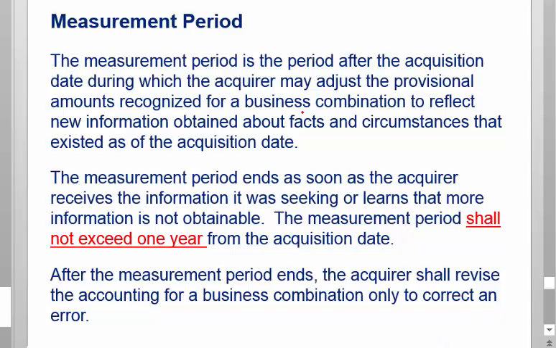The key is that you're adjusting the facts that existed as of the balance sheet date. So if something new happens, then that doesn't necessarily go through Goodwill. Right? Like if you bought a target and it had a building and it was worth 100 and you booked 100 on the opening balance sheet, if after the acquisition it burns down, you don't write it off through Goodwill because it burned down after you bought it. But if the building had burned down and no one told you before the acquisition, they just told you the building was worth 100 and you believed them, and then you realized later it had burned down, then you would adjust it back through Goodwill as long as you're in the acquisition accounting period.